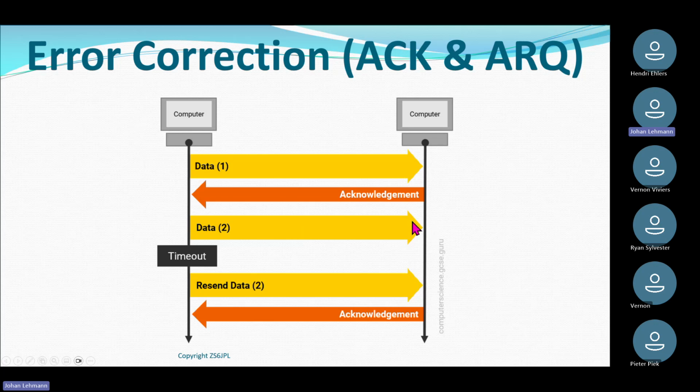But at that exact point in time, the neighbor started welding his new garage carport, and my receiver didn't receive the data. So after a certain timeout period, my computer will retransmit that same data again until it gets an acknowledgement from the other side to say, I am happy, I have received the data. So acknowledgement and retransmission, you will find is also 1 or 2 paragraphs in your manual.